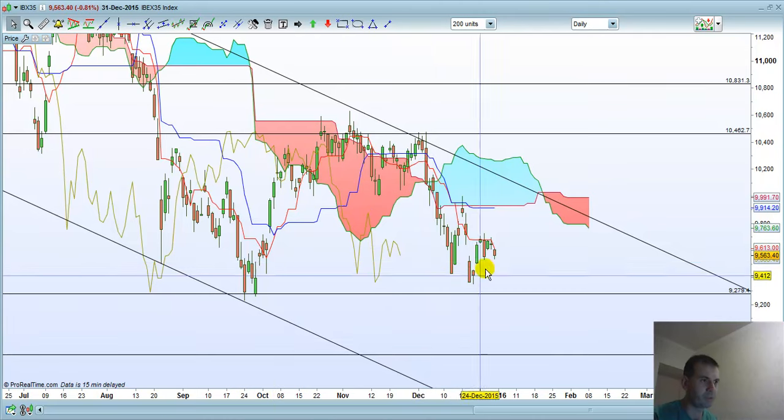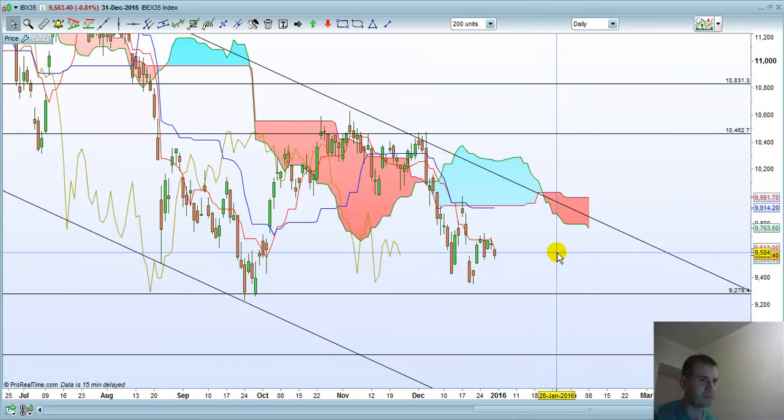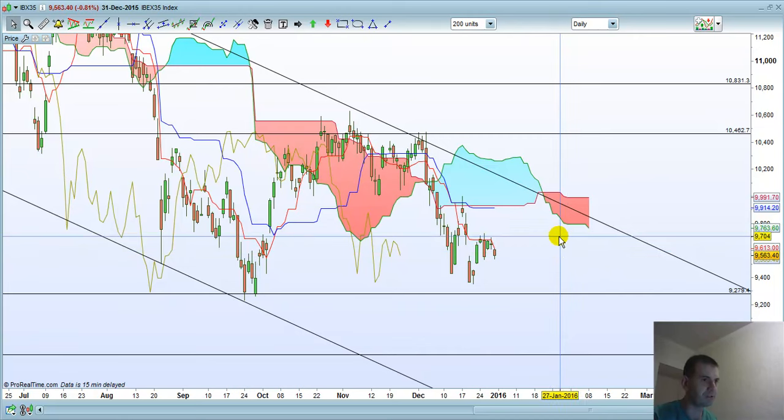Also there is the overall declining trend, overall bearish trend. The channel also is on bearish side, and here just I think